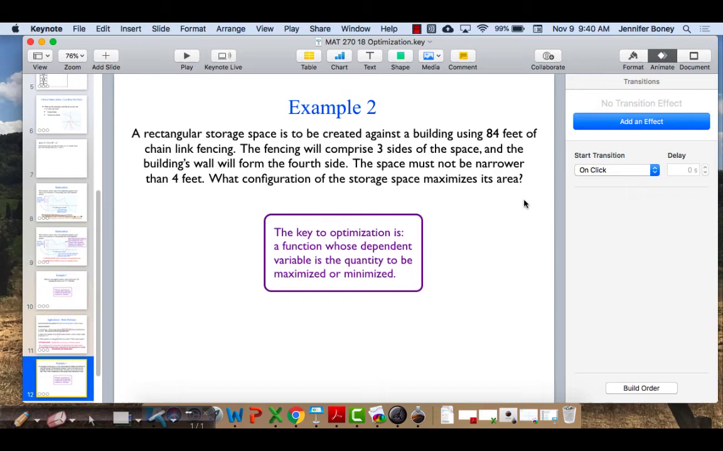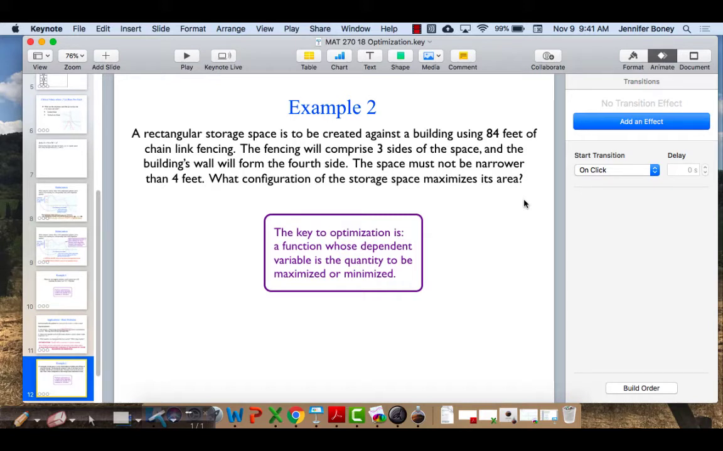That I listed in your assignments to think about before you came today, so I hope this looks vaguely familiar, at least, only it wasn't titled Example 2, but we'll get back to this in a second. Generally, a rectangular storage space is to be created against a building using 84 feet of chain link fencing. The fence makes up 3 sides of the space, and the building's wall forms the 4th side, and our goal is to maximize the area that we enclose with this fence, and there's some other rules about the space